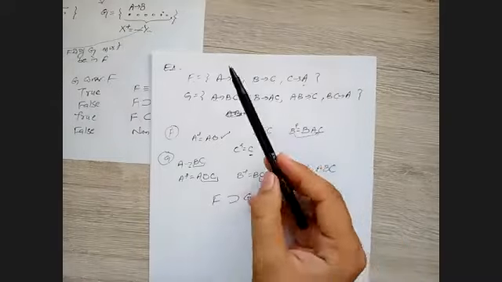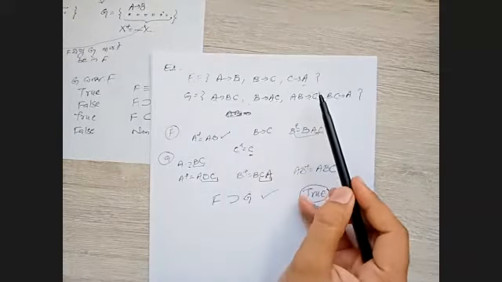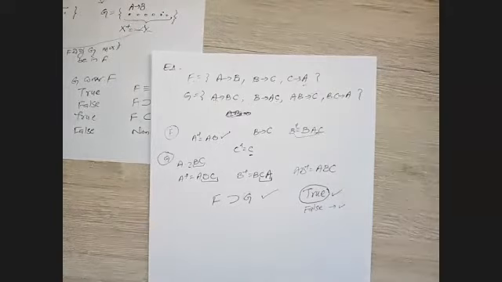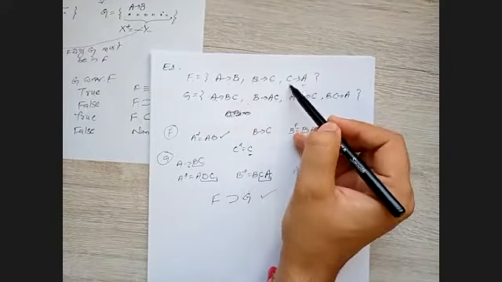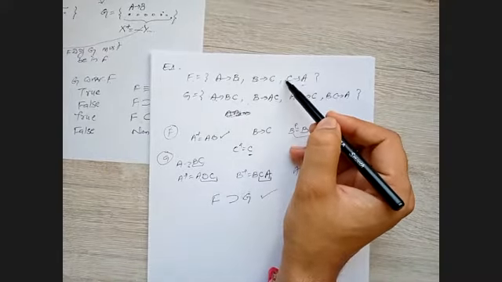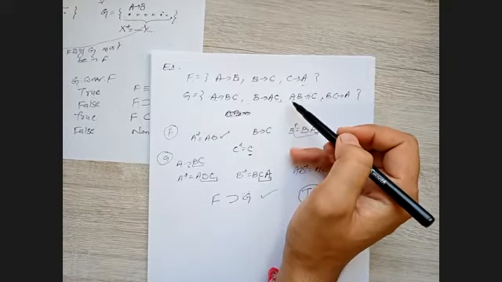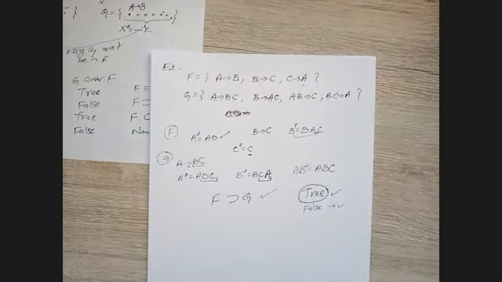If you want to check whether F covers G or not, then identify one functional dependency in G which is actually not covered by F, a functional dependency which is not a member of the other set. If we identify that one, then instead of directly checking everything, we can say, identifying C gives A first, we found that C gives A is not a member of this. So G basically cannot cover all those functional dependencies of F. So this is the scenario we can make it understood. Fine.